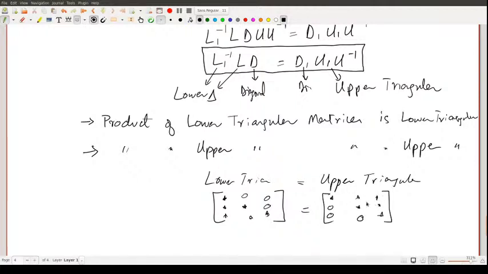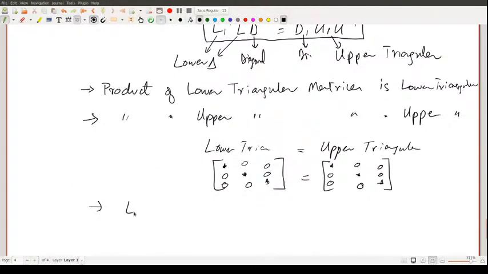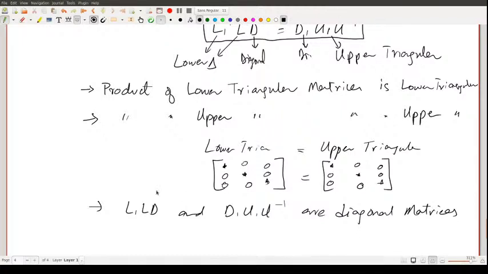If this one has something in the upper triangle, this can't match it because 0 can't be equal to a non-zero entry, which means these entries have to be 0. And same case for this one. These entries also have to be 0. So the result is that if these two sides were equal, both of them need to be diagonal matrices. That's the first fact that we found. So L1 inverse LD and D1 U1 U inverse are diagonal matrices, and they are equal. That's the first conclusion that we've drawn